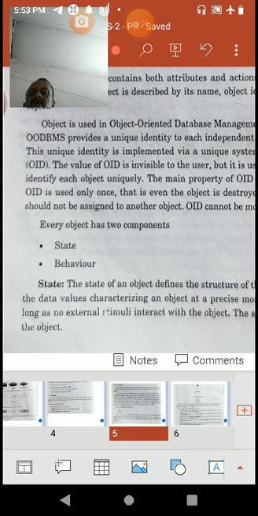Next one, less redundancy. DBMS follows the rules of normalization, which splits a relation when any of its attributes has redundancy in values. Normalization is